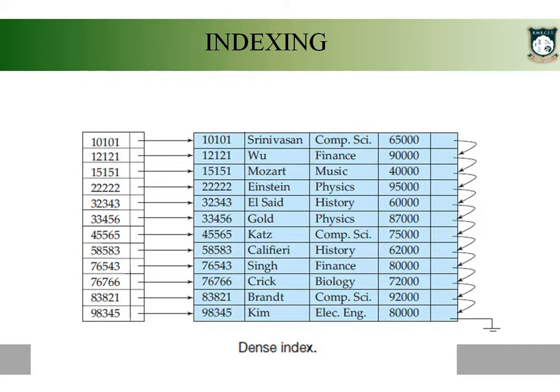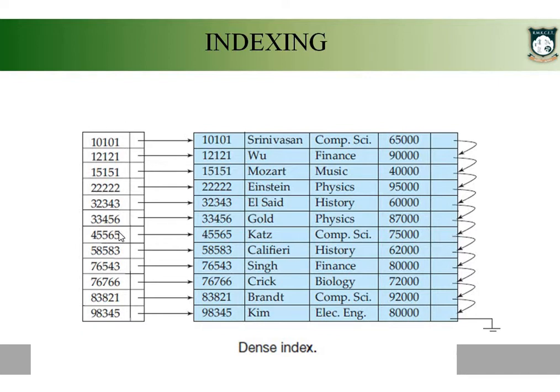Now what you are seeing on the screen is a table, the instructor table, in which you have 4 fields. We already discussed this a couple of minutes before. So we have an instructor table with 4 fields. The first field is ID, then instructor name, the subject handled by him, and his salary. Right? Now for this table we are creating an index file. On the left side you can see what is referred to as the index file.